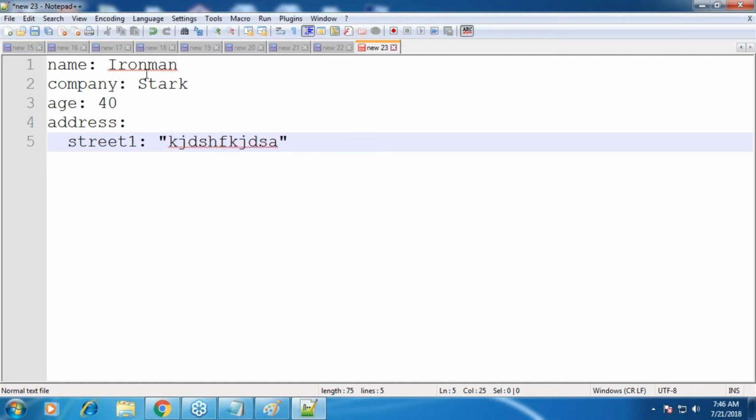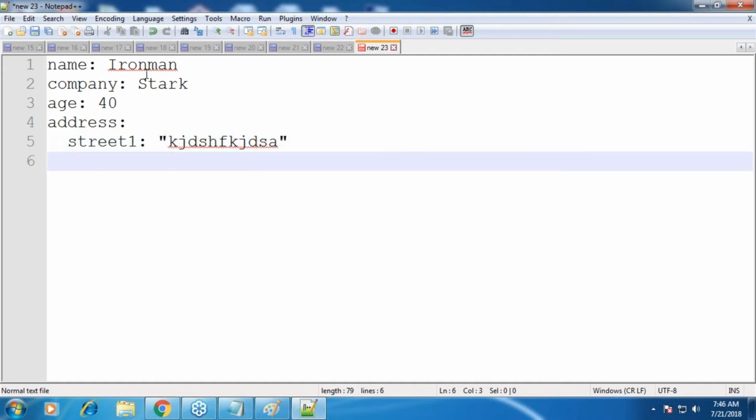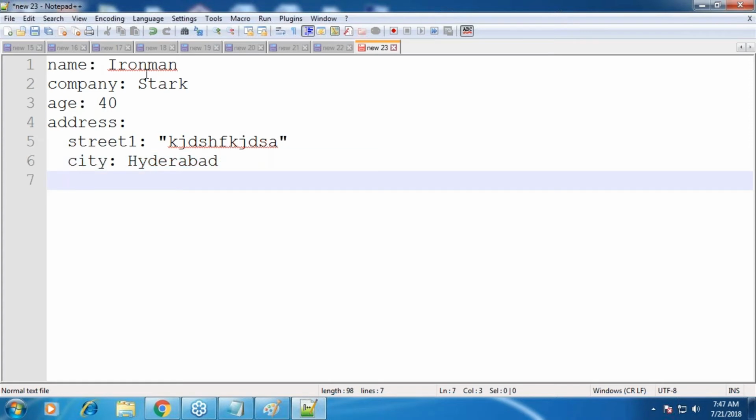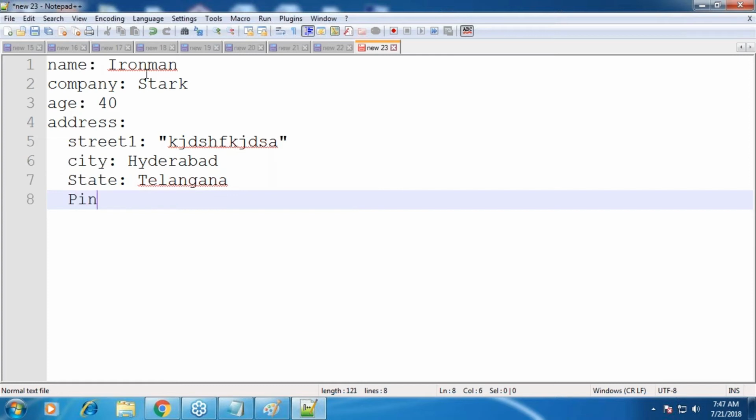So let me type some junk characters over here, right? And then city, simple. Okay, state, okay, pin. I don't know what the pin of Ameerpet is, but let me try to make a closer guess. All right, something like this.